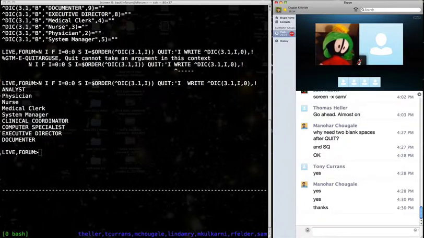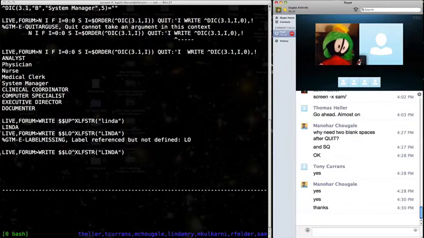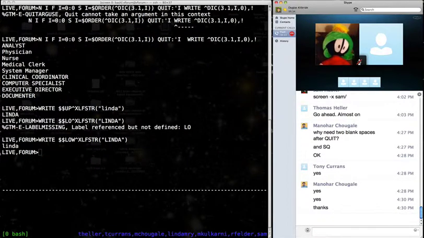So let me show you some cute things in Vista. I just showed you a little example of how we can do a little function in MUMPS, but I'm going to show you some stuff that's pretty handy in Vista. Vista has all of these functions, especially lots of them in Kernel and FileMan, and they're actually constructed for the end user programmer to use. So this is uppercasing. And this is, maybe it's LOW. Yep, LOW is lowercasing. And of course, some of our favorites are now ^XLFDT, which gives you